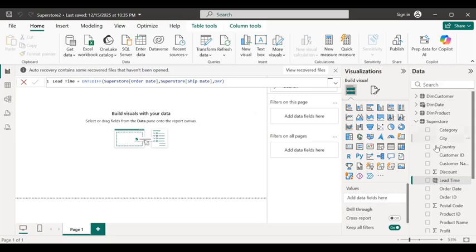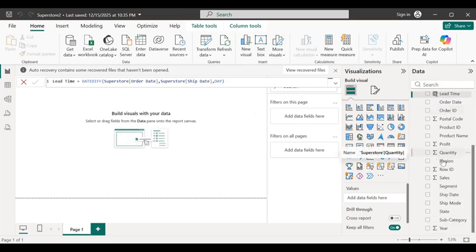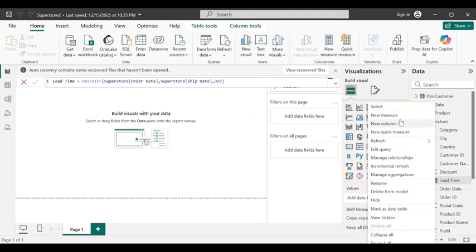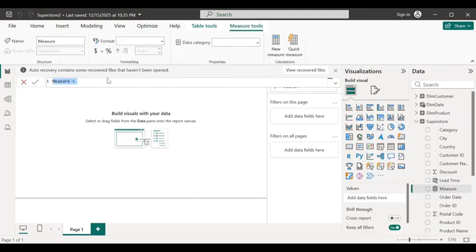Do we even have it here? I think we don't, right? We have just sales, but we don't have total sales. This here is a column. So if we want to create a measure, we still come to the customer table, we right click, we take new measure,